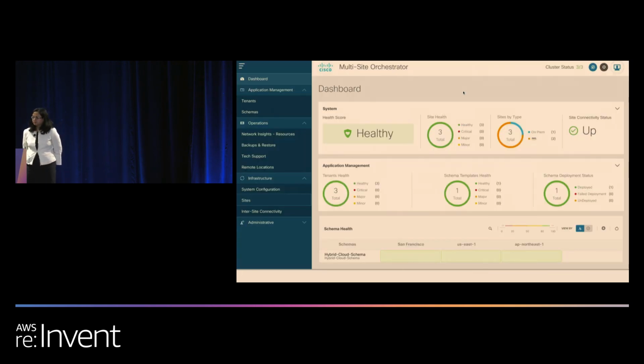Once it verifies, it will add in the dashboard that there are 2 AWS sites. So now you can see I have 2 different cloud epics within AWS. One I could use for prod, one I could use for pre-prod. So I can have any combinations. And my schema, which was already for 2 sites, got extended to the 3rd site.